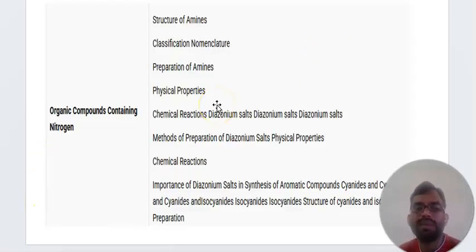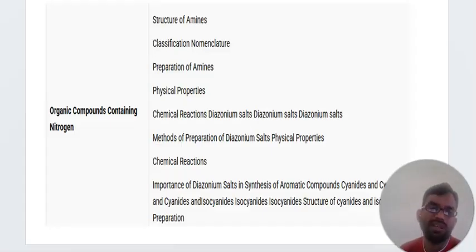This is one of the important chapters. In this you can see the structure of amines, classification and nomenclature. These are the subtopics of our chemistry. So in total, we have now discussed the 13 chapters, especially in intermediate second year, and their various subtopics are important topics